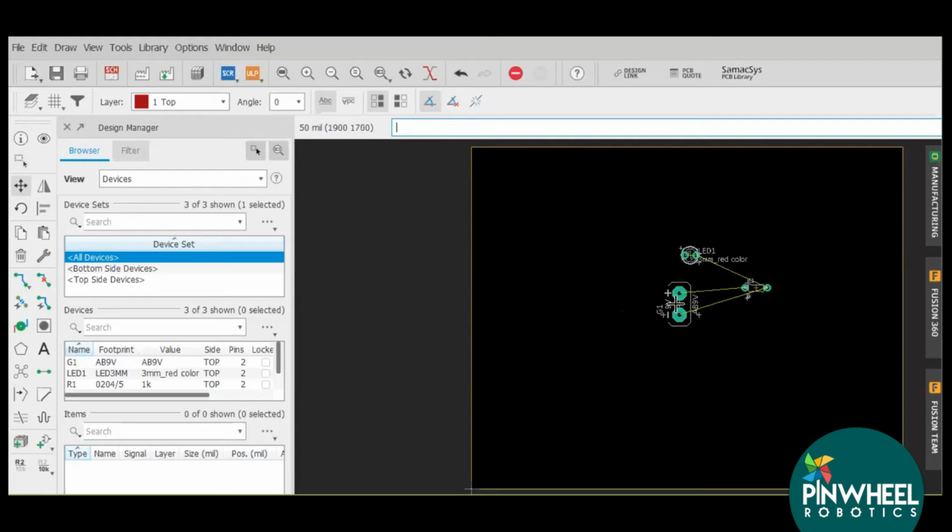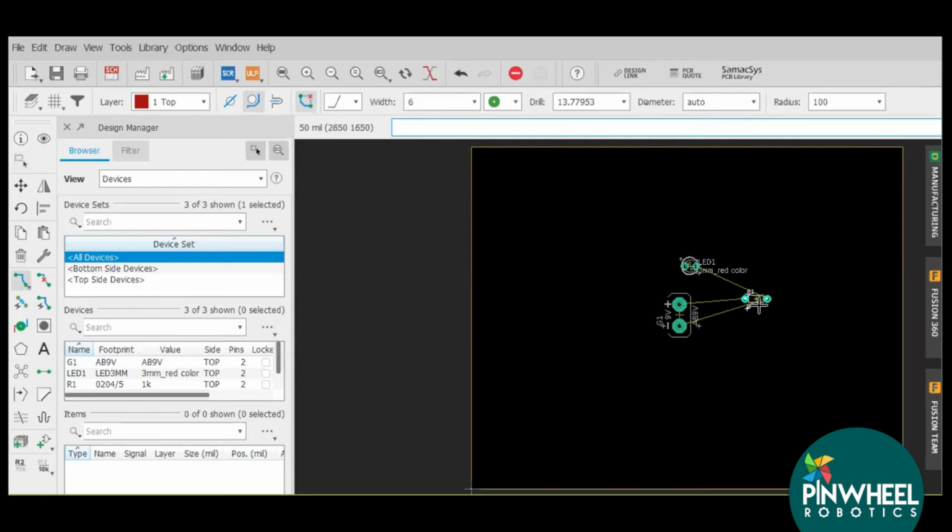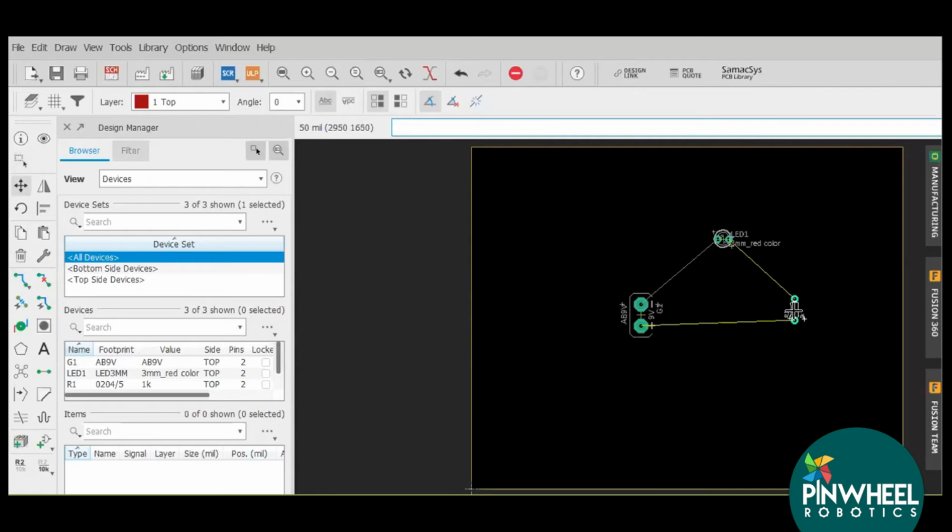Also, the alignment of these devices plays an important role in a PCB editor. I can turn on the grid also. I will turn on the grid.